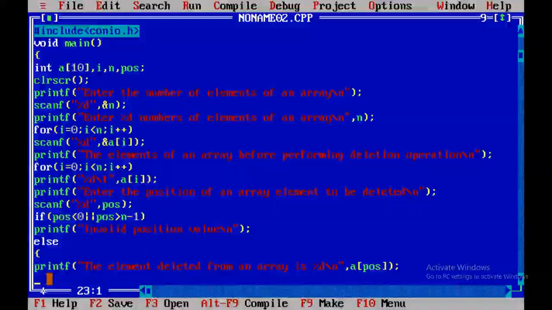Okay. Next, what do I have to do? I have just displayed a message to the user that the element that is going to be deleted from an array is A of POS. So to perform the deletion operation, I have to move the elements to the left side. So I have to shift the elements to the left, from the position that is specified by POS value.